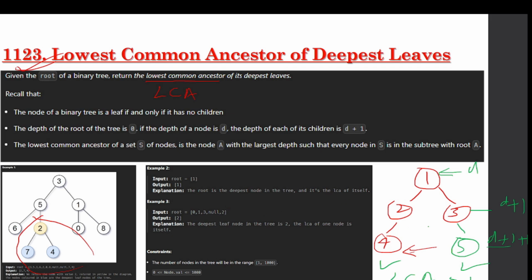Okay, so in this case we have seen, right? If you see the red color tree, only 4 will become the LCA, right? But if you talk about the complete one, red and green, there are two nodes that have the deepest leaves, 4 and 5, right? And the lowest node that contains both is what? 1, right? It contains both 4 and 5, and so the LCA is nothing but node 1. Okay, because it contains both, right? So that we have to understand here. Okay guys,